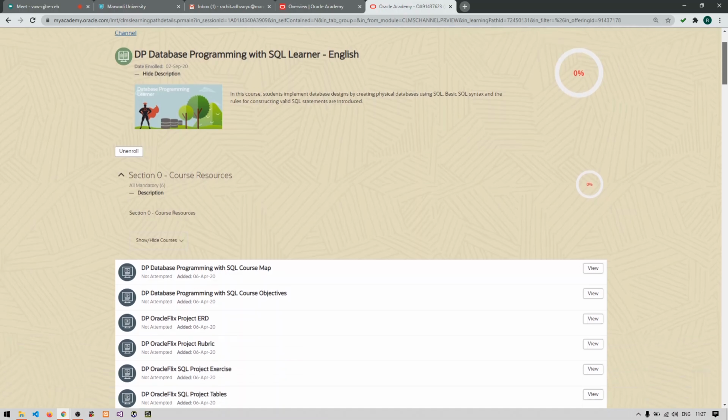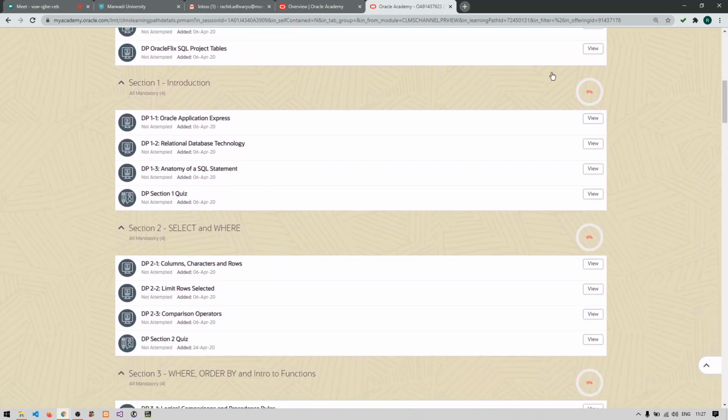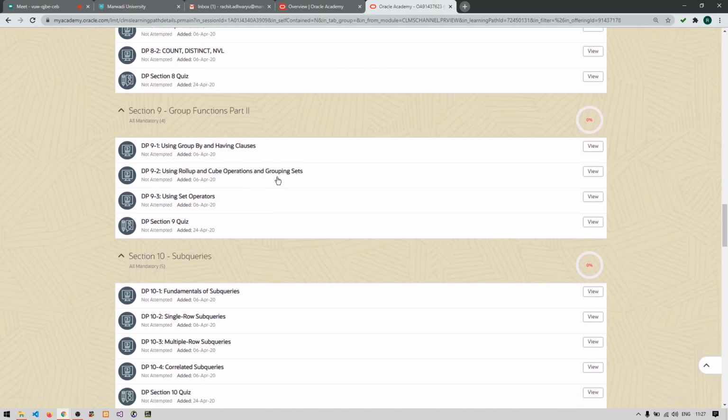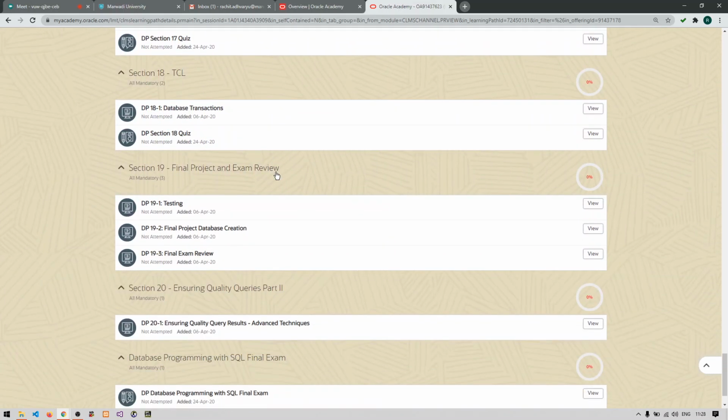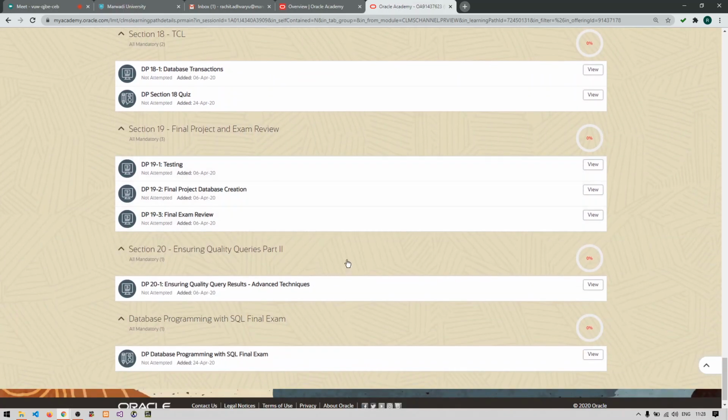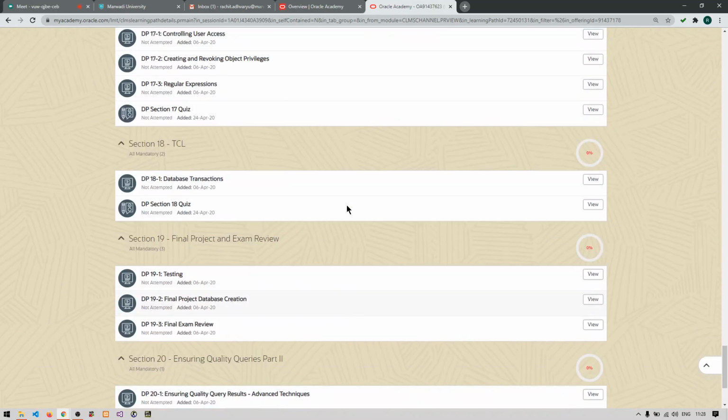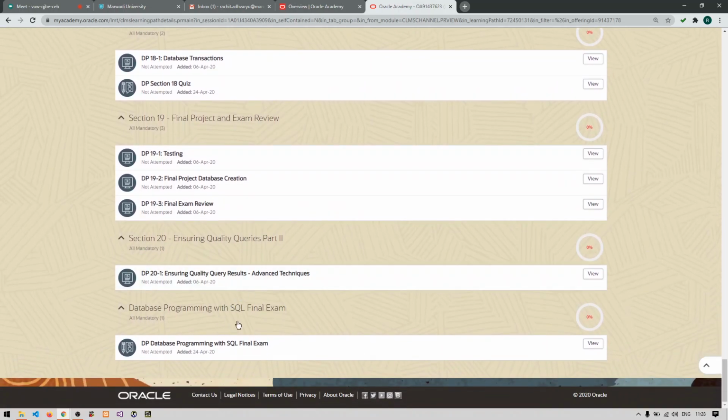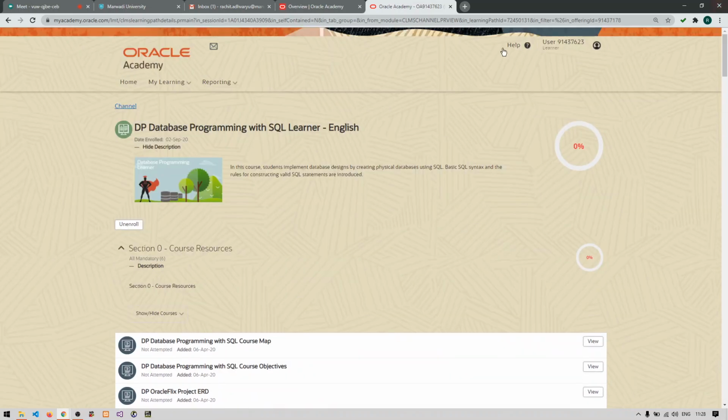Now you need to go through this complete course from section 1 to section 18, or rather 20, and you need to appear for the midsem exam somewhere and the final exam somewhere, and you need to complete the course 100%, and you will be able to generate the SQL certificate for this.